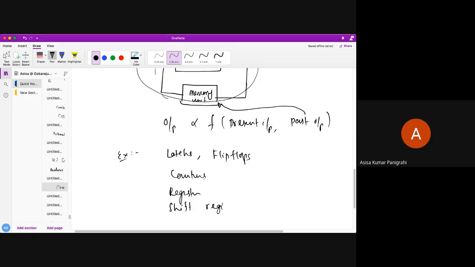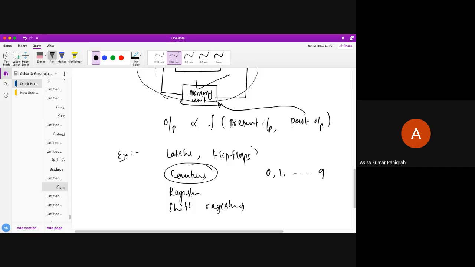Now, do you know the counters? Counters means you want to count from, let's say, 0 to 9. So what you need to do is know the previous counting value, and from there you start counting. Let's say I have counted 0, 1, 2, 3, 4, then I tell you now you count. You just have to know that I have counted up to 3, then you can start counting from 4. So the past output here is 3, which needs to be stored in this memory element.